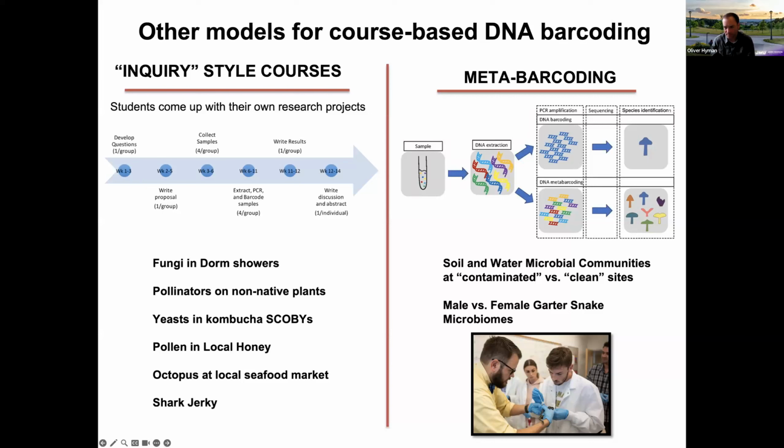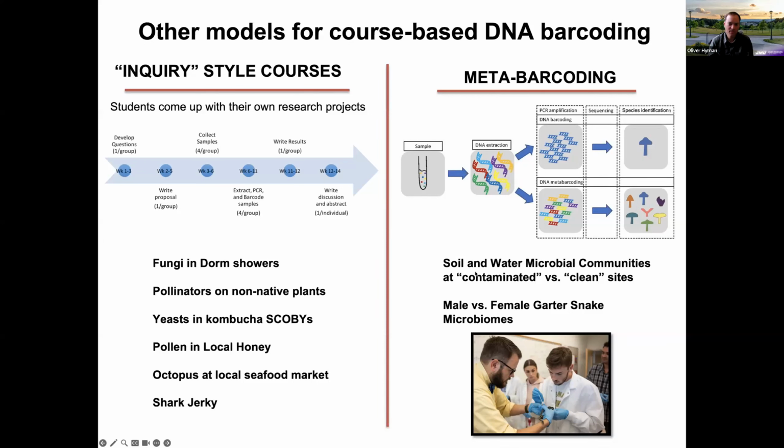My colleague Ray, who's present today and will be here in the breakout room as well, is also leading some initiatives looking at metabarcoding. Instead of normal DNA barcoding, where you get your sample, you extract your DNA, and you put together a barcode to identify one individual target organism, metabarcoding leverages next-gen sequencing to look at all of the different species present in a sample. And you can start to develop questions related to things like microbiomes, and also looking at maybe fungal diversity in a particular soil sample or region.